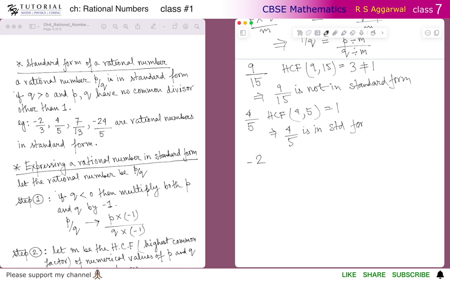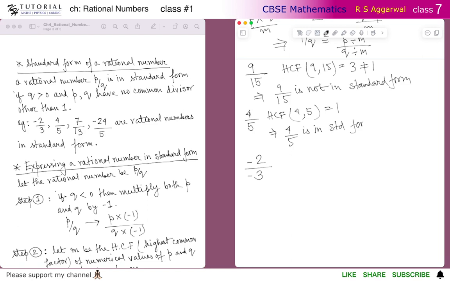Let's say you have a rational number minus 2 by minus 3. Now from the definition, as I explained, you will say that this is not in standard form because the denominator is negative, it's not positive. But actually this rational number minus 2 by minus 3 is in standard form. Why? Because